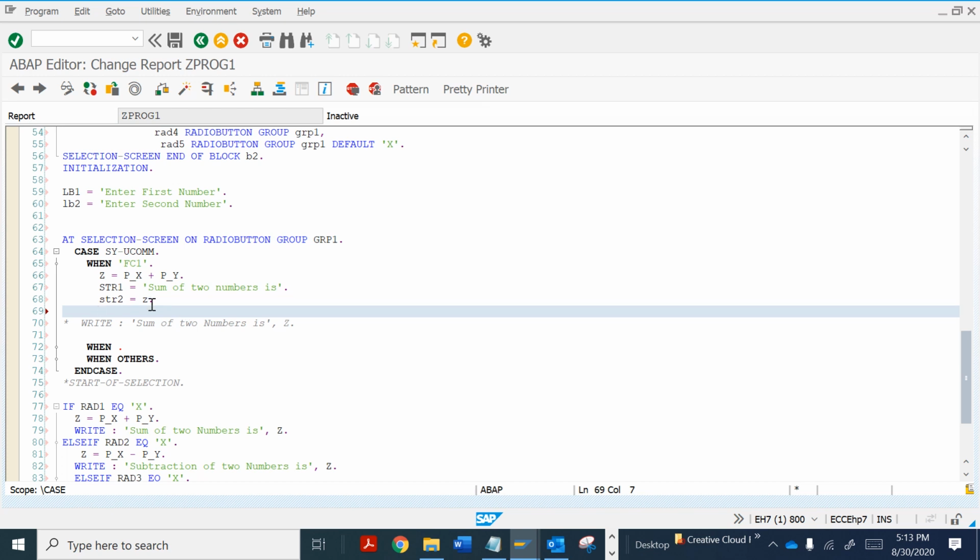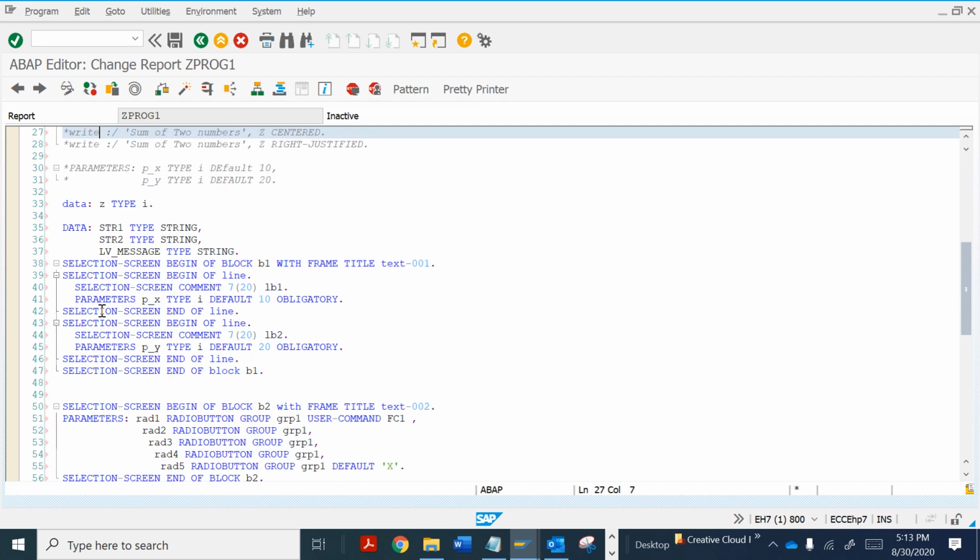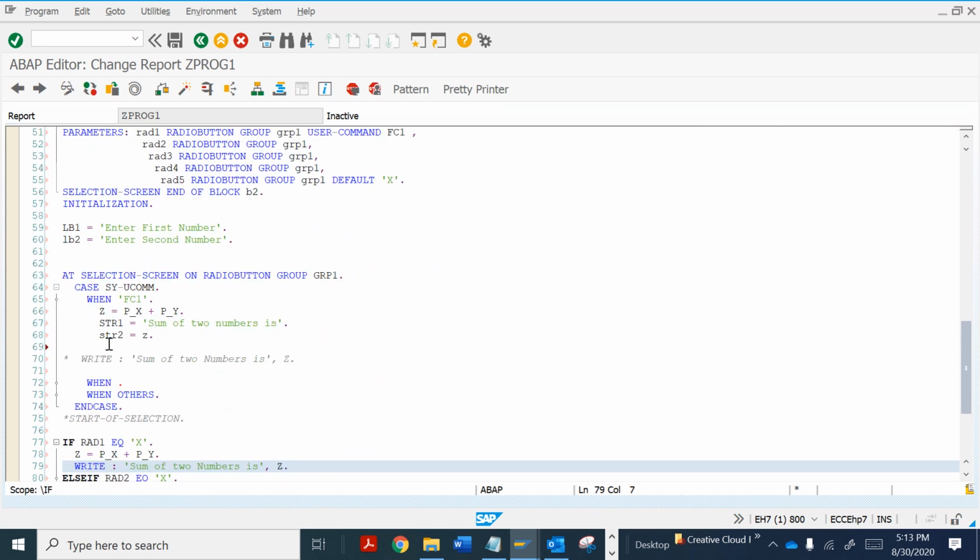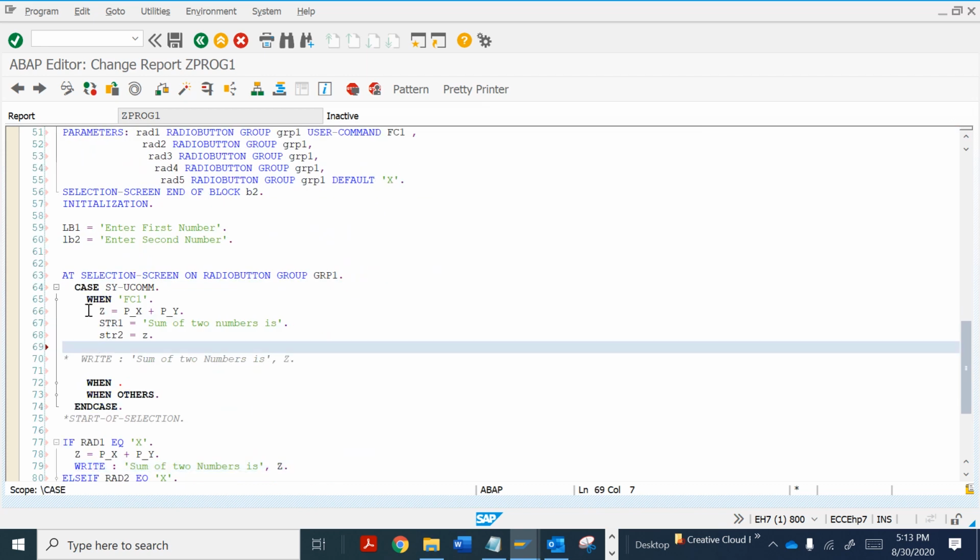Now I want to display it in my other variable, which is LV message. So let's do this. I want to combine these, so we have a keyword called concatenate. We'll concatenate those two variables into a third variable, which is LV message.